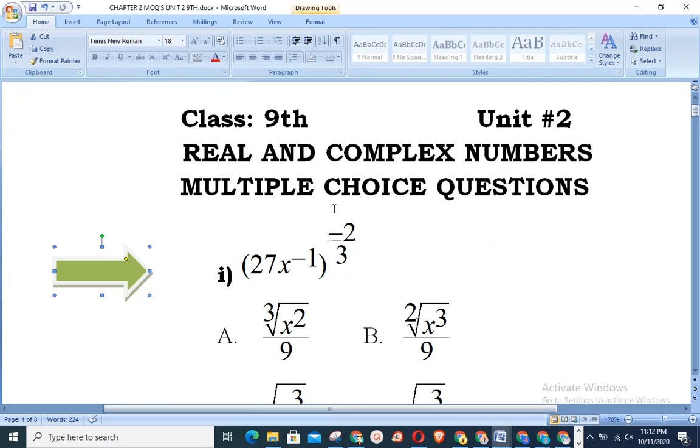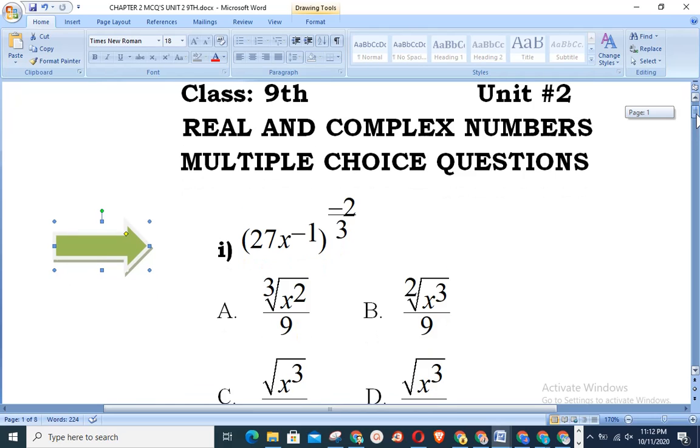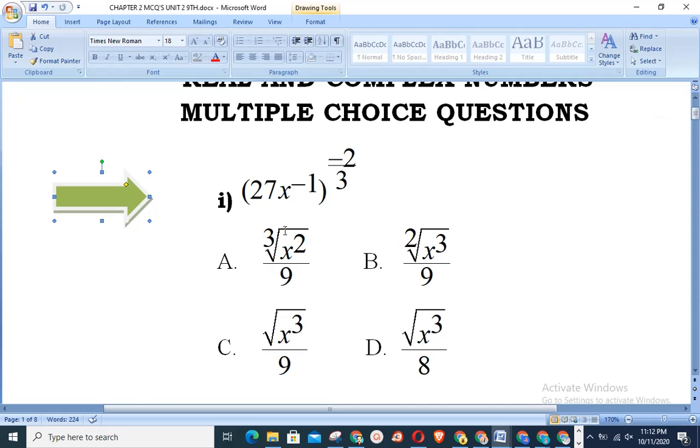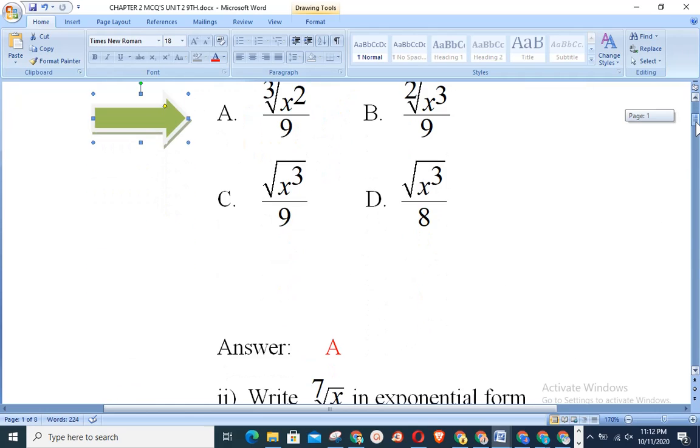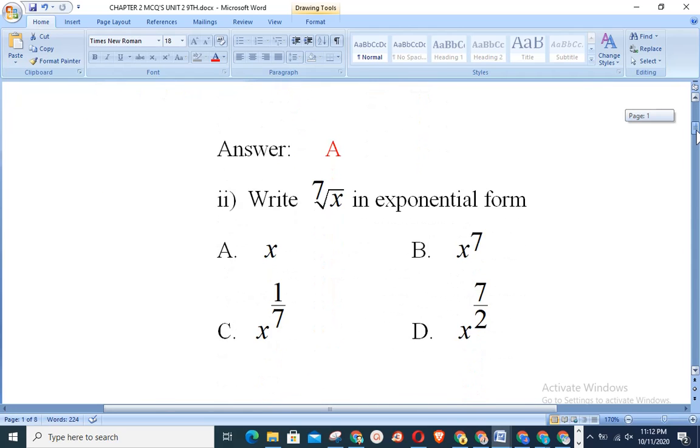The power in the form of a fraction: the top one remains the power, whereas the denominator plays the role of index, so it will become x power 2 and cube root. If you see, it is available only in option A, and it looks like option A is the correct option because the numerator is the same as our simplified form. And 27 whole power 2 by 3 will become (3 power 3) whole power 2 by 3, which leaves 3 power 2, and that is equal to 9. So option A is the most suitable and correct option among all these given options. You can see here option A is the correct option.